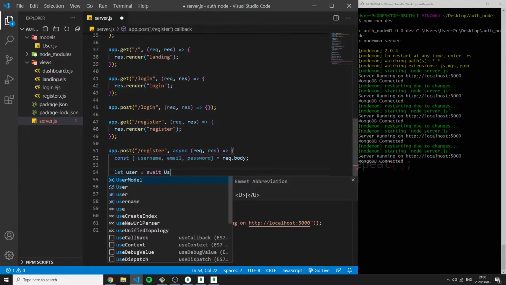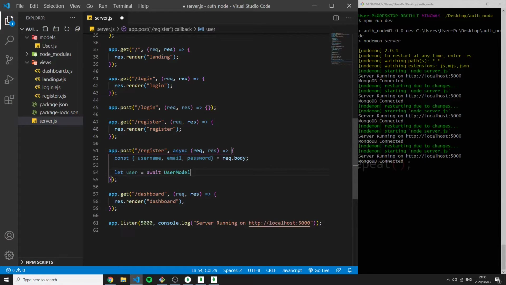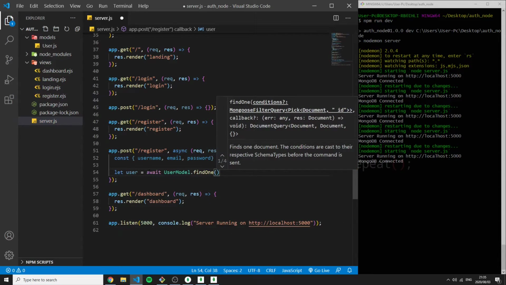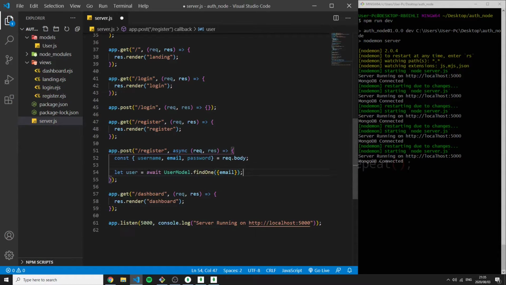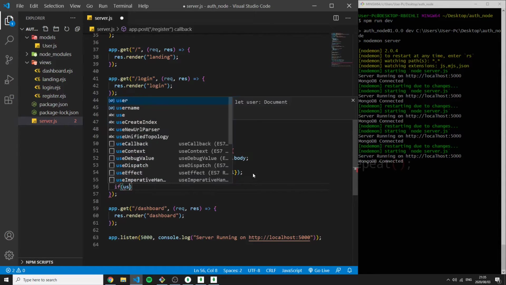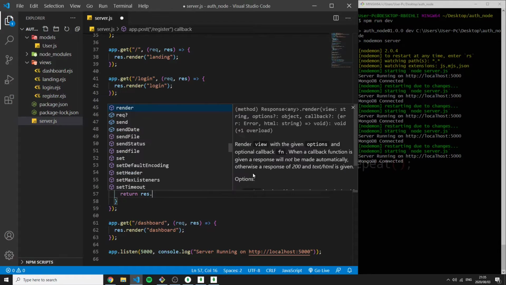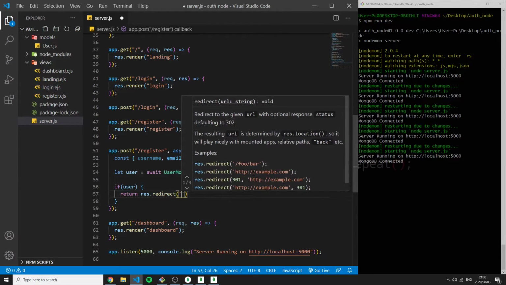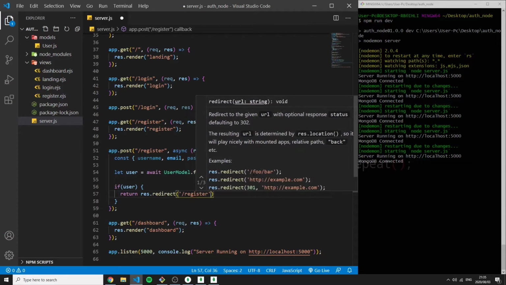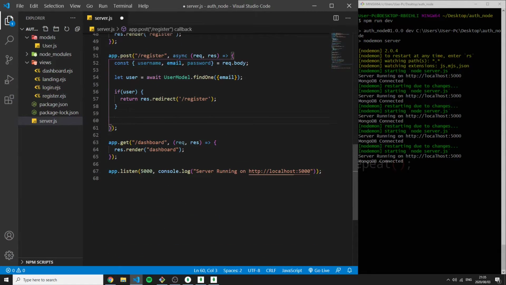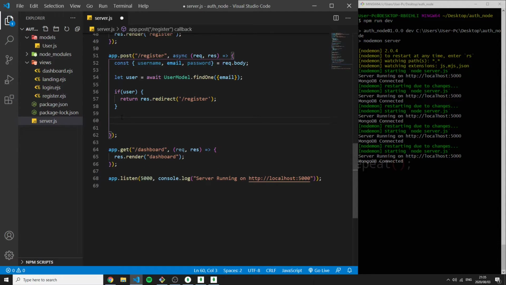and then we'll search in our database model.findOne who has this email. And obviously we don't want this variable to have any user in, otherwise that means it already exists. So now we check if this user exists, then we want to return res.redirect and go back to register, so they have to try again. So if this is not true, then we will continue, and now we will create our new user,